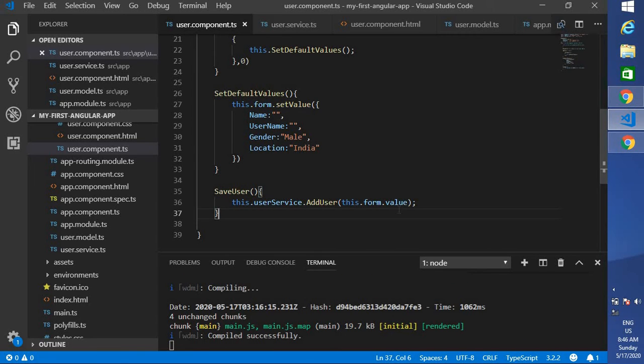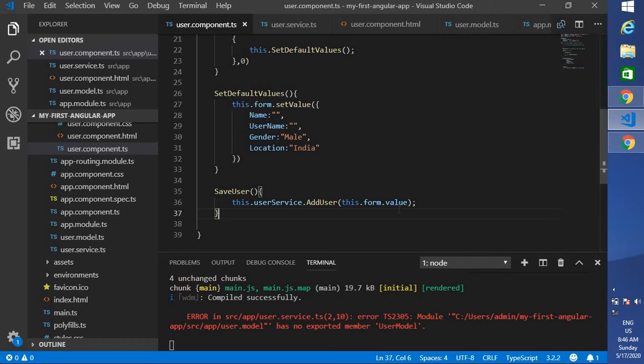Because I created a model and the value comes from the form model, both are the same, so I don't want to make any changes over there. That's the reason I'm able to pass it directly. In case your model and your user form have different names, you have to pass the value according to what that particular service expects.